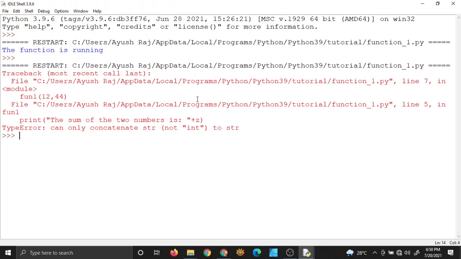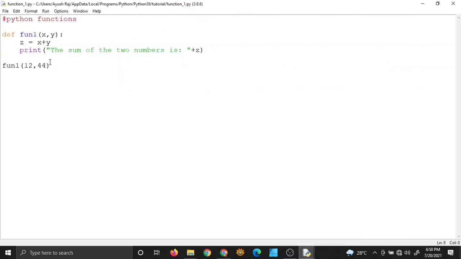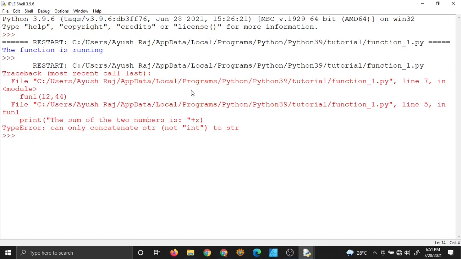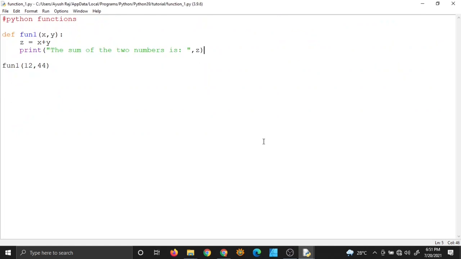Oh yeah, there is an error. Okay, I think we don't use plus here, and I wonder if I can simply use comma, or if not, I will simply print it on a new line. It did not print or something happened.